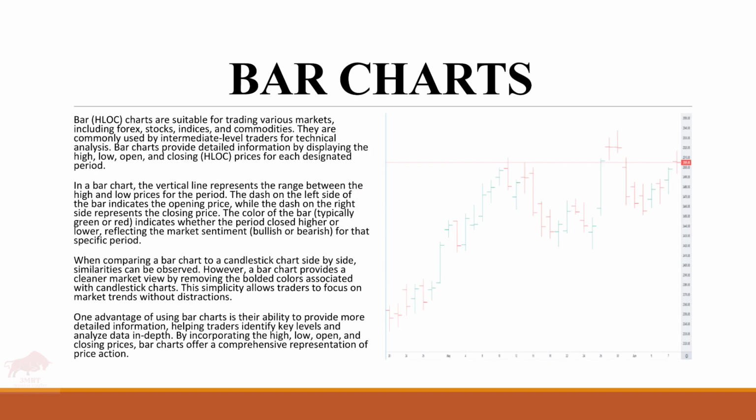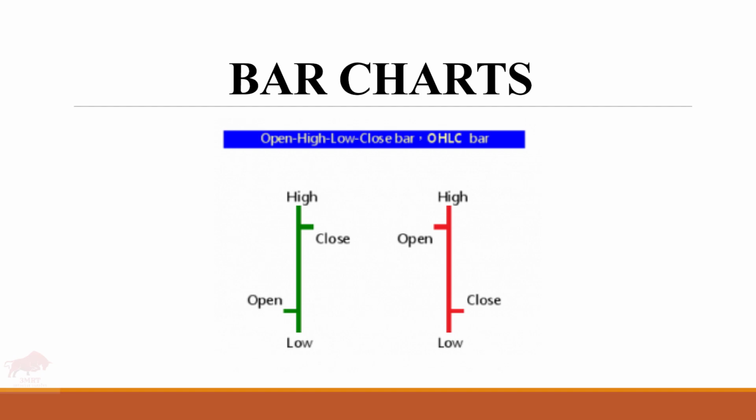Bar charts, on the other hand, provide comprehensive information about price movements within a specified time period. Each bar on the chart represents a specific time period such as a day, week, or month. It consists of several key components: the opening price, closing price, high price, and low price. The vertical line, also known as the wick or shadow, represents the high and low prices during the given time period. The horizontal lines on the left and right side of the vertical line indicate the opening and closing prices